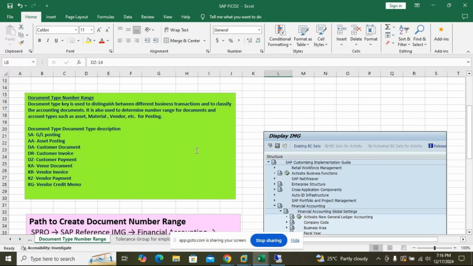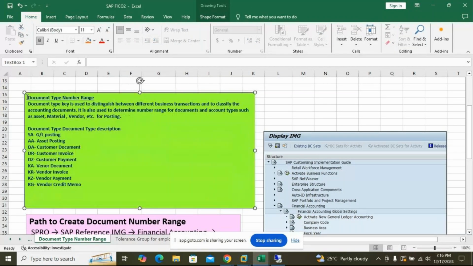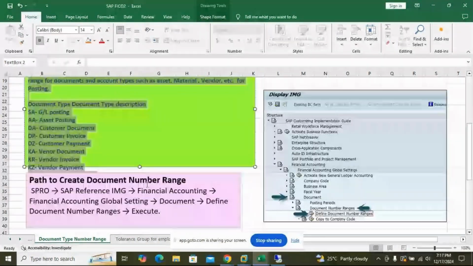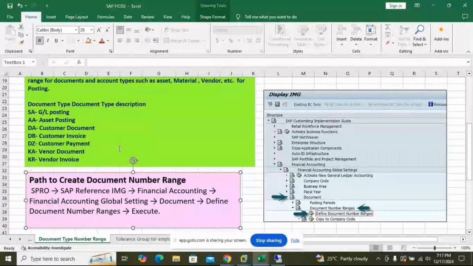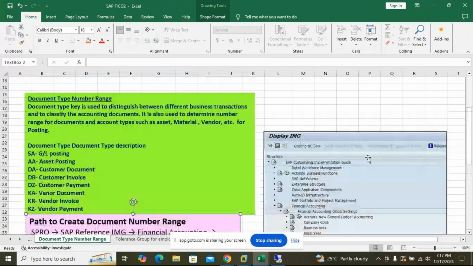Please make a note on this. I'll increase the size. Clear? Please make a note on this. It is a very important thing. I will show you the path in the software.